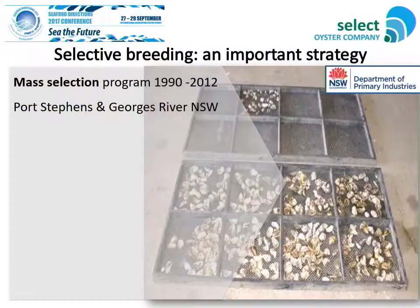But what I'm going to talk about is the selective breeding program, because this is one very important strategy of many that the industry is adopting now to try and combat these production declines. So the breeding program started in 1990 by the Department of Primary Industries, and that started as a mass selection program. This photo here that you can see, these oysters were deployed in Port Stephens and the Georges River to begin with. The photo here that you can see is the result of an exposure trial of a mass selection